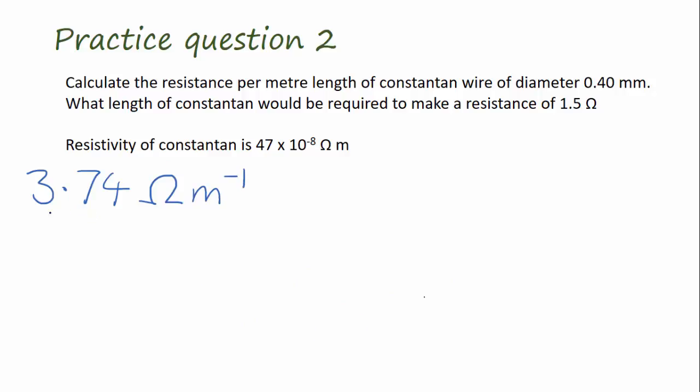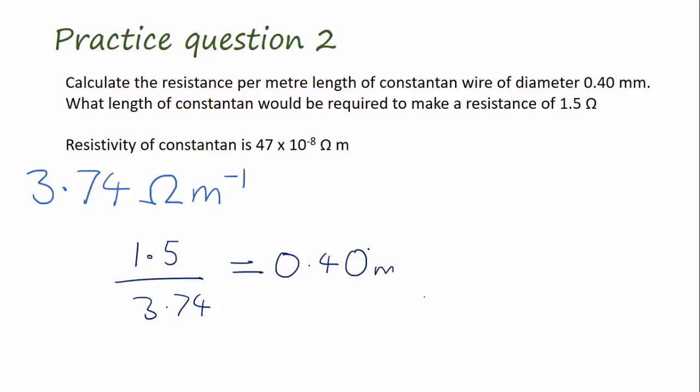Okay, now that I know that I've got 3.74 ohms per metre, what I'm looking for is a resistance of 1.5 ohms. So if I know that my resistance is 1.5 ohms and I've got 3.74 ohms per metre, I need to know what fraction 1.5 is of 3.74, and that will give me my answer in metres. So 1.5 divided by 3.74, and that comes out as an answer of 0.40